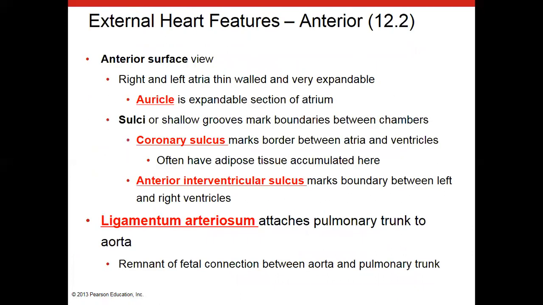So we're going to talk about some external features of the heart. We talked about cardiomyocytes, and now we're going to talk about some more gross anatomy related to the heart, so you can tell which side is anterior versus posterior and left versus right. So the anterior surface: there are 4 chambers in the heart, 2 atria towards the base and 2 ventricles